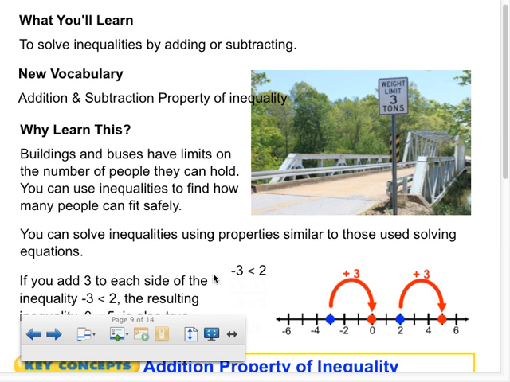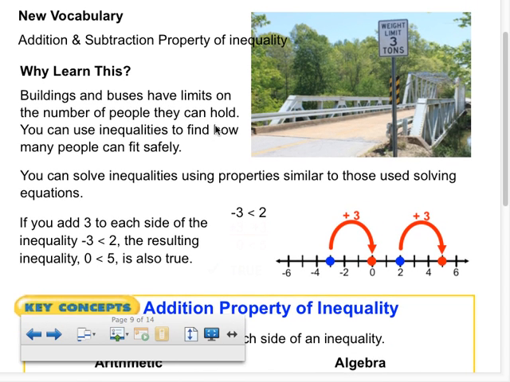What you'll learn: to solve inequalities by adding or subtracting. New vocabulary: addition and subtraction property of inequality. So we're learning about two properties. Why learn this? Buildings and